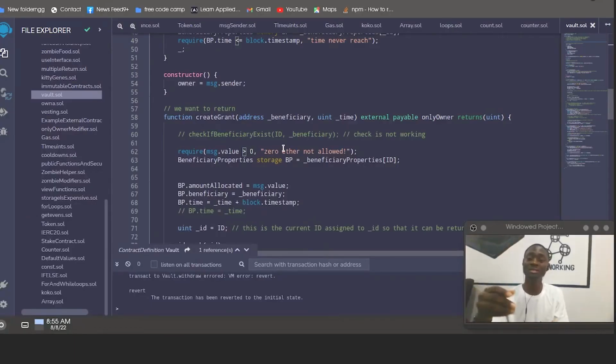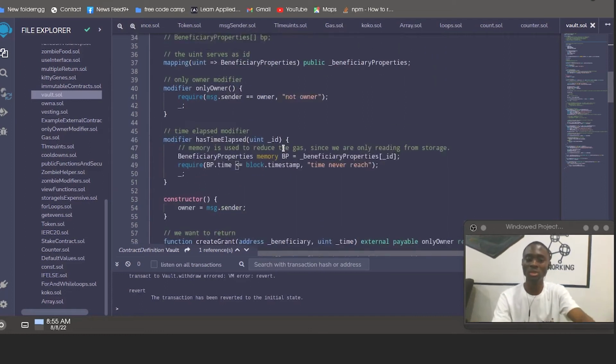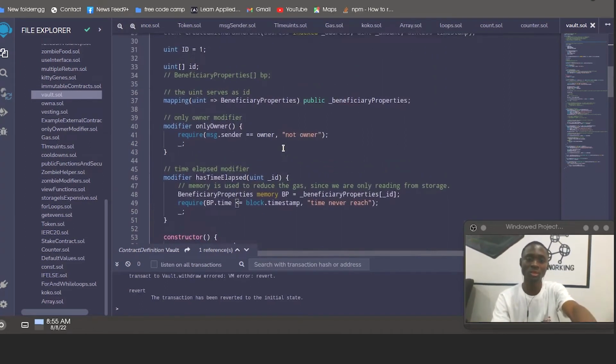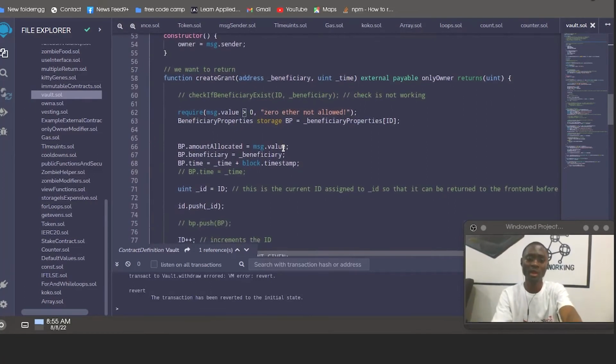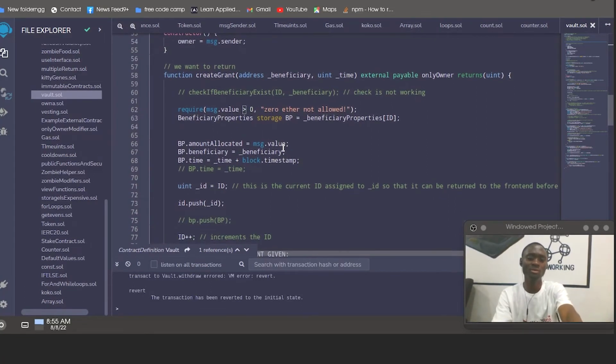Value will be added, money; you have to use the money to create a grant. And I'm saying only owner. In other words, I'm the only one that has access to this function. Then it returns uint, which is the ID. Then we are also requiring that if message value is less than 0,